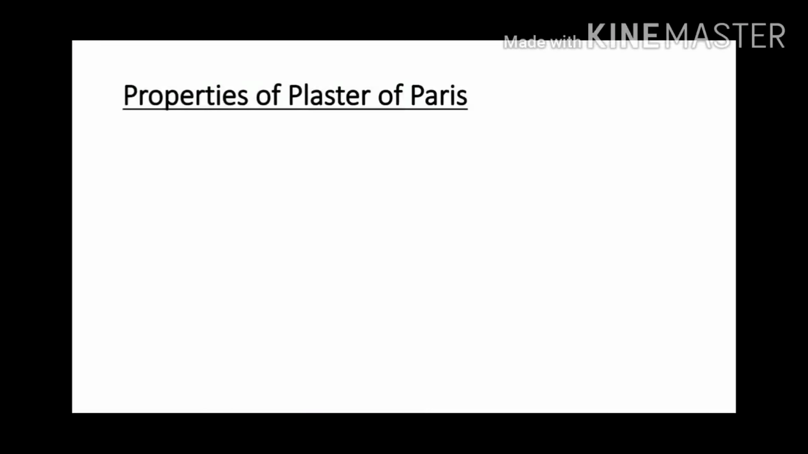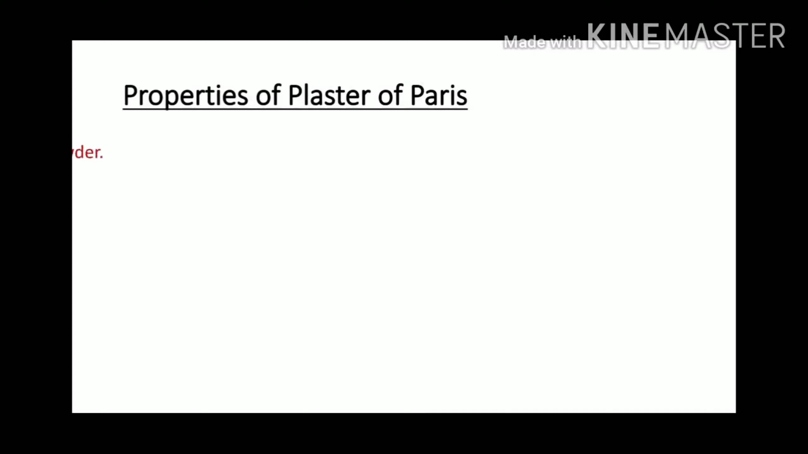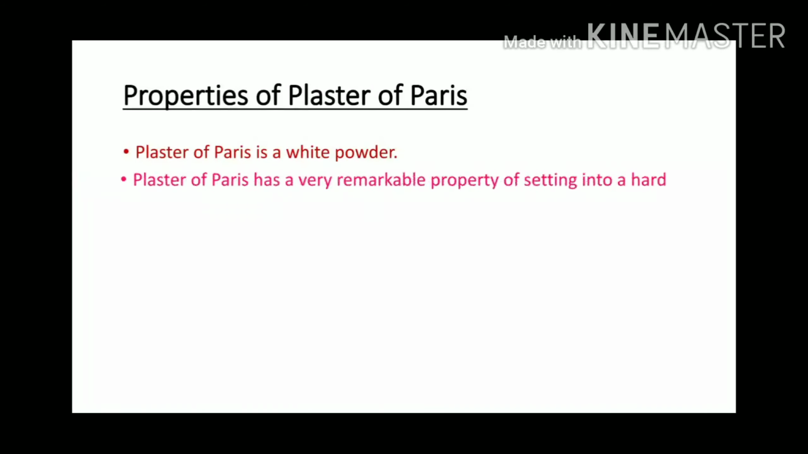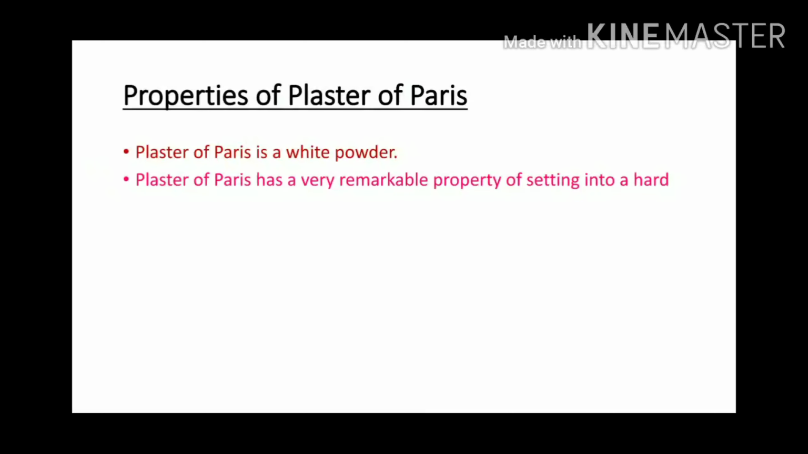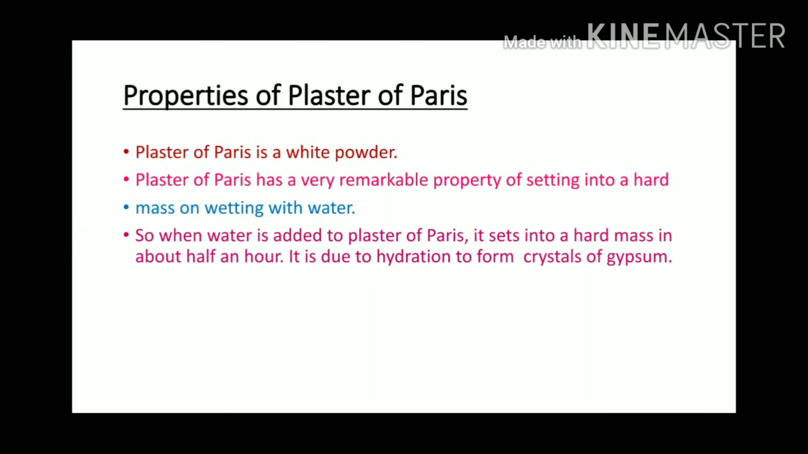Properties of plaster of Paris. Plaster of Paris is a white powder. It has a very remarkable property of setting into a hard mass on wetting with water. So when water is added to plaster of Paris, it sets into a hard mass in about half an hour. It is due to hydration to form crystals of gypsum. CaSO4.½H2O plus 1.5H2O gives you